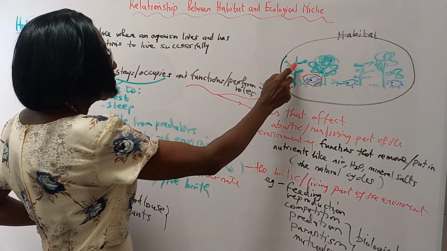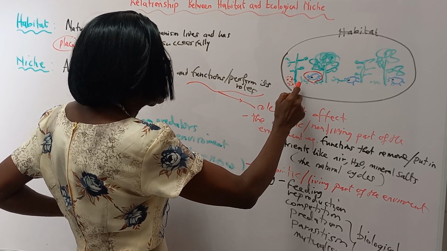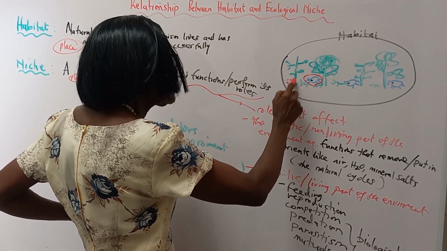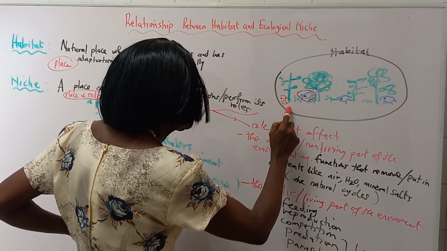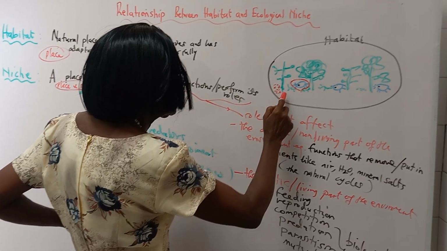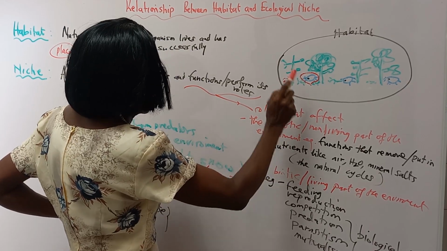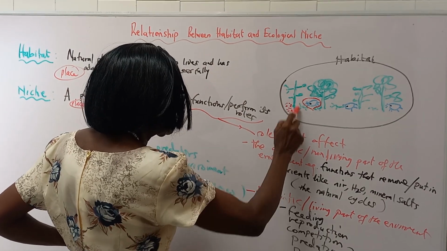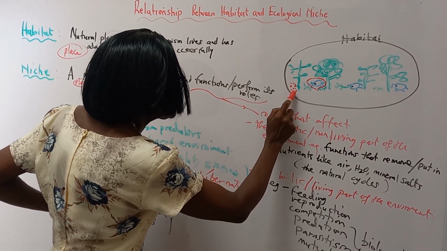Then you have this plant sitting here. This is where this plant is staying and functioning. So for this plant, its niche is here, where it stays and functions. It has its roots to absorb nutrients. It has the leaves to produce water vapor, etc. So for this plant, its niche is here. That's its niche. For the woodlice, its niche is under the detritus here.